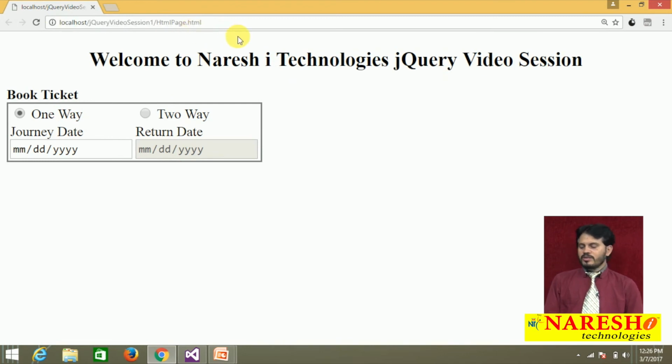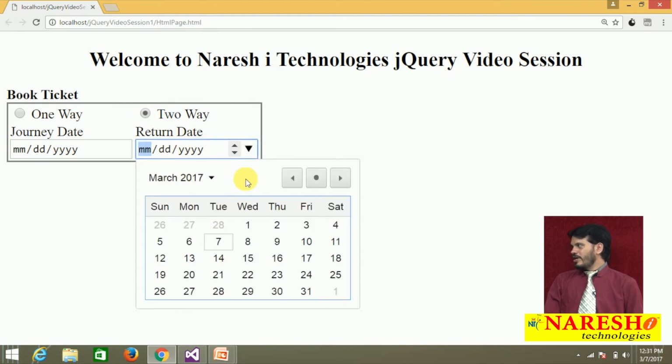By default one way is selected, and the return date is disabled. Now as soon as the user says, I don't want a one way ticket, I want a two way ticket, they will select the second radio option, two way. Whenever two way gets selected, this must be enabled. Already it is disabled. So click on this. Yes, it is enabled. Mouse over on this. Click on this. You are able to get the